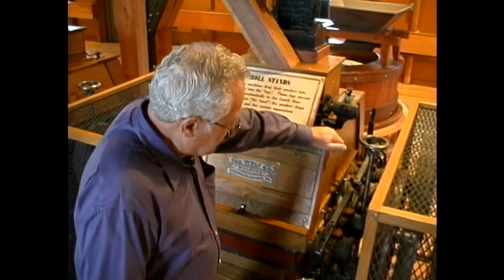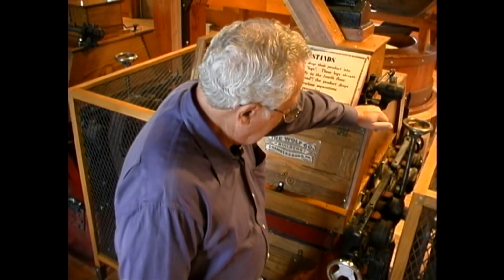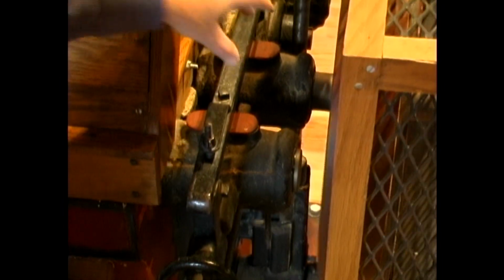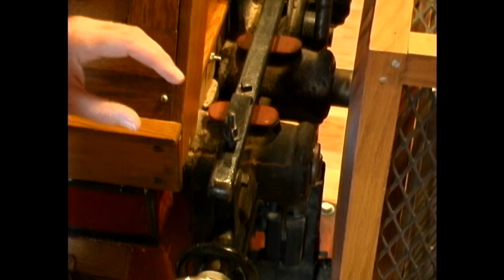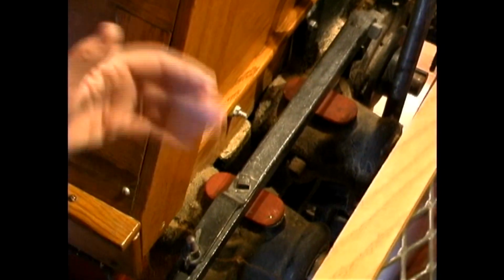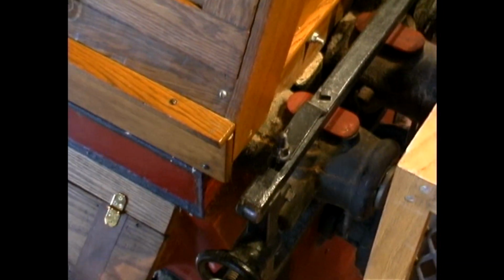There are many interesting examples in this mill of how technology has changed over the years from how they were back in the 1800s, early 1900s. And here's a good example of it. Back in those days, we didn't have roller bearings and ball bearings, and so we had Babbitt bearings. And what we see here is truly Babbitt bearings. The shafts are actually turning not on bearings, but rubbing right on the Babbitt. The Babbitt is a combination of lead and something else, but it's important that we keep oil in here so that the bearings are always oiled. But that's an interesting change. One of the things we learned is that you pick up around 10% power efficiency going from Babbitt bearings to roller bearings. Now, can you explain how they make the Babbitt bearings, about pouring the...